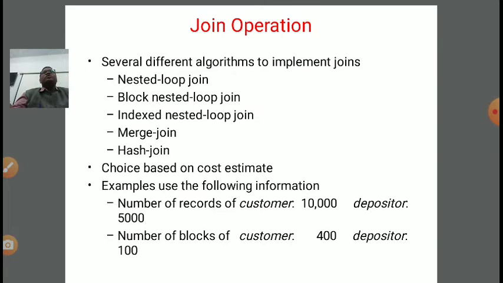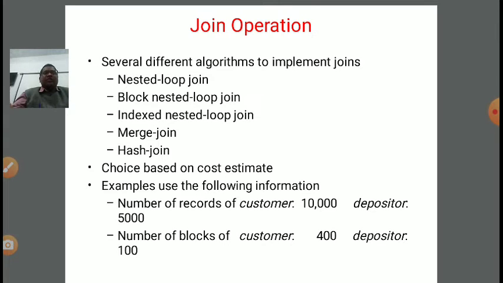Now, if I want to make a relationship between customer and account, the relationship is named depositor. Some attributes are picked from the customer and some attributes are picked from the account, and we are making a relationship depositor. So how to make a relationship table is called a join. We need to join some existing relations in order to get a new relation. The new relation will contain information from both the existing relations. Now we are going into the join operation in detail.